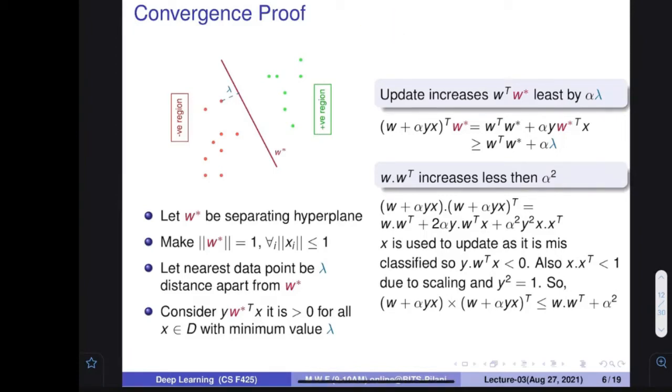How can I show that? Let's assume that this is the initial value, then I increase it. So it becomes w plus alpha y x, and w plus alpha y x transpose. What is the multiplication of this quantity? Can you find out? W transpose plus this alpha yx is multiplied over here, and when this is multiplied again, you get the same term. Therefore 2 multiplied by alpha y w transpose x, then this is multiplied over there, and it becomes alpha square